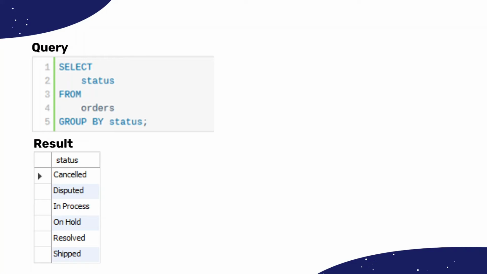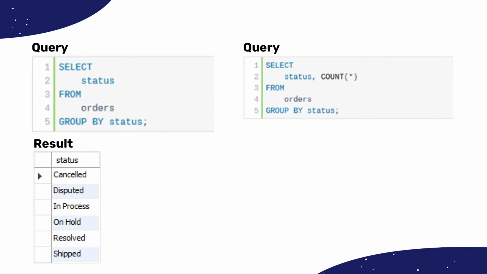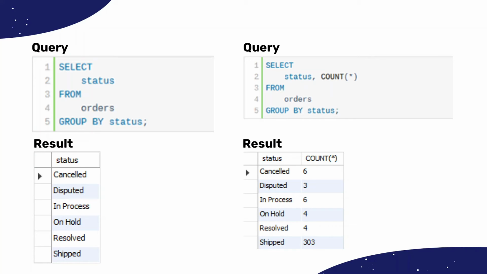And in the other example, we can use the GROUP BY clause and an aggregate function such as count to calculate the total of data by the status value. And the query is SELECT status, COUNT(*) FROM orders GROUP BY status. The syntax is used to calculate the total of data by the status value, and the result is a table that contains status and the number of data based on the status.